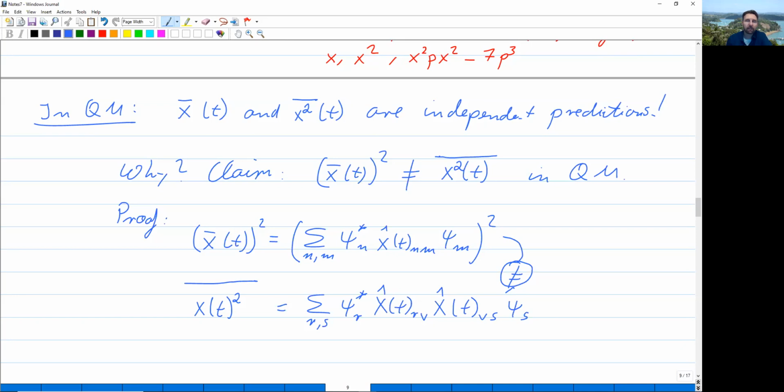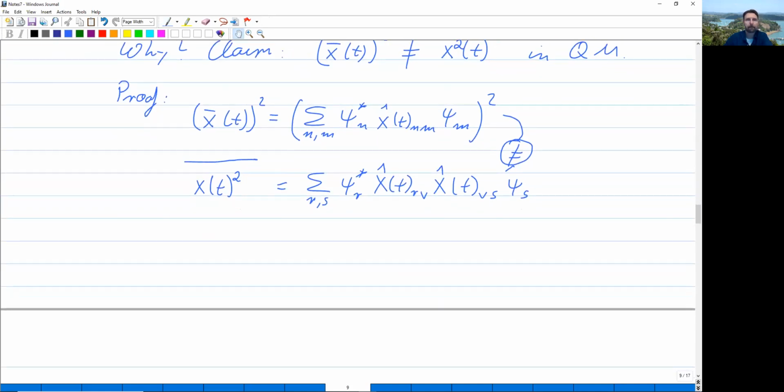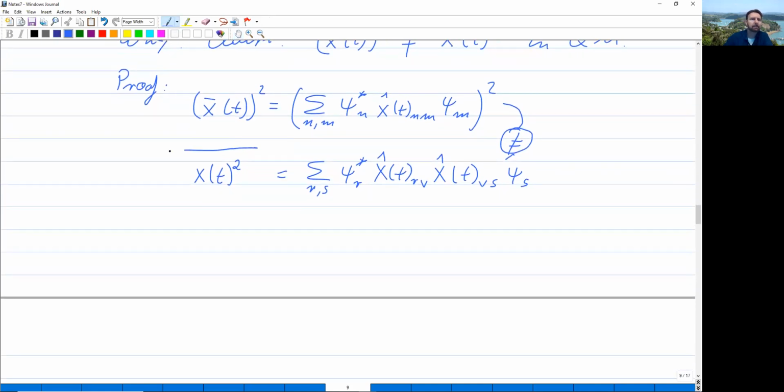The scalar product of a matrix squared is not the same as the matrix squared and then taking the scalar product. There's just generally no reason for them to be the same. In general, in quantum mechanics, they aren't. But what does that mean? So in QM,